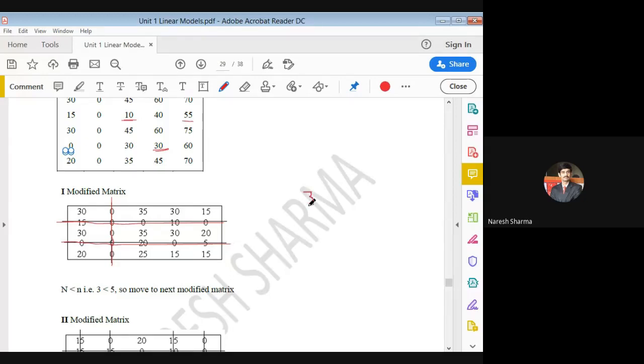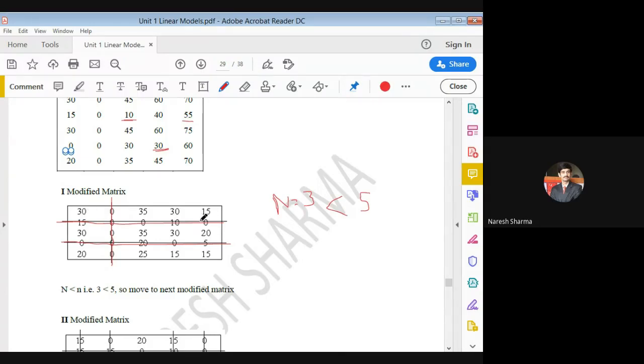example. But if you see, the number of rows and number of columns are 5. So this is less than this. Now we require step number 4. And what does step 4 say? Step 4 says choose the minimum element. Kindly listen carefully. Choose the minimum element from the uncovered.